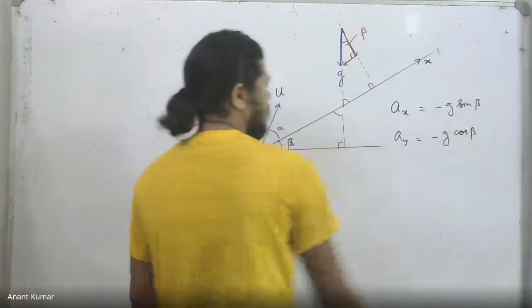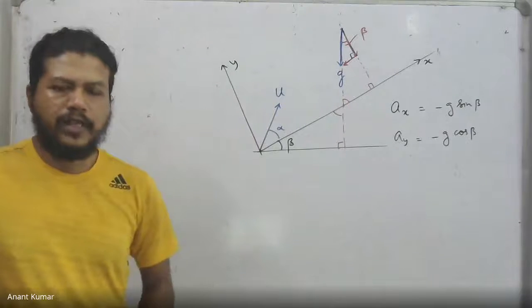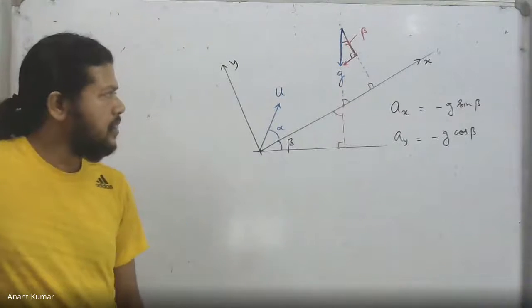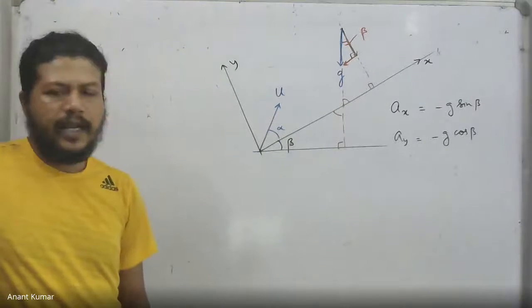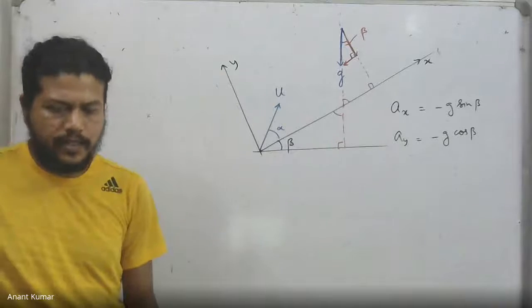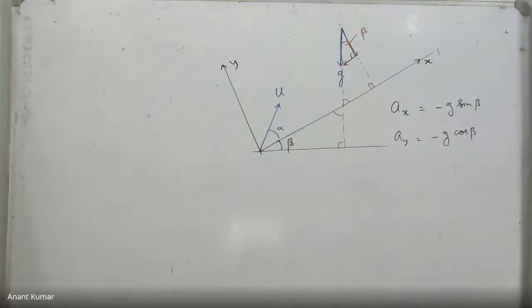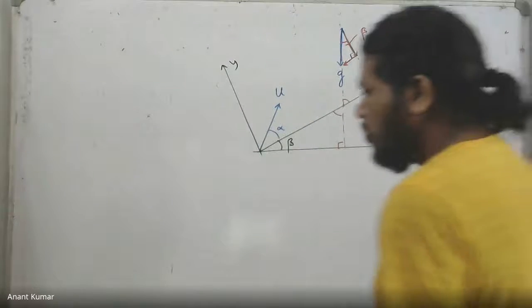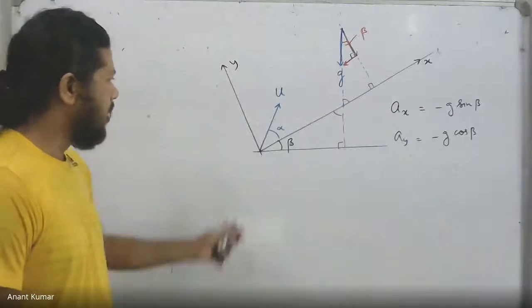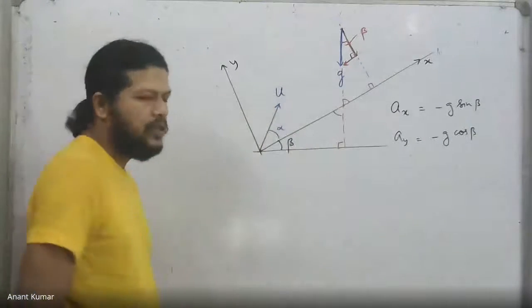So we now have accelerations along both directions, but the good thing is that both these accelerations are constants. Because the inclined surface is at a fixed angle, we get g sine beta as the acceleration along the x-axis and g cos beta as the acceleration along the y-axis. Both of them are constant and with a minus sign. So we can write down the x velocity and y velocity as well. Before doing that, we project the velocity u into two components. The component parallel to the x-axis becomes u cos alpha, and the component parallel to the y-axis becomes u sine alpha.